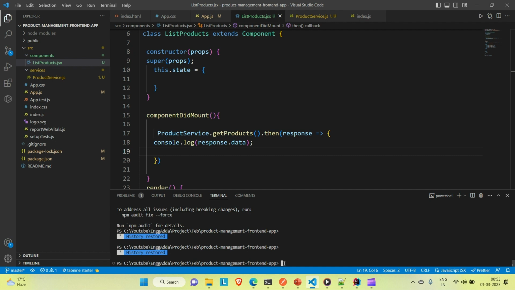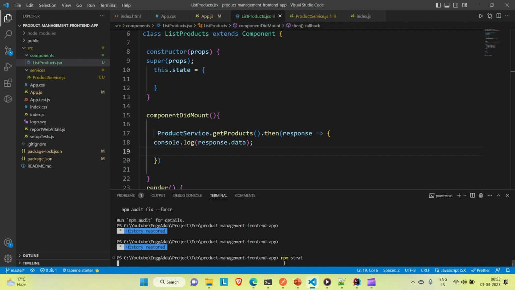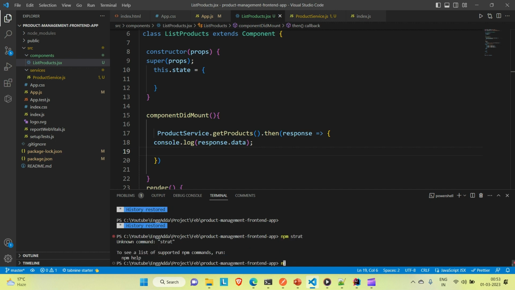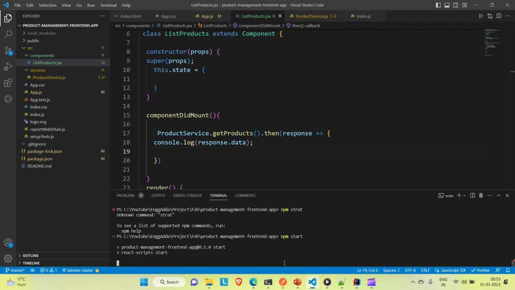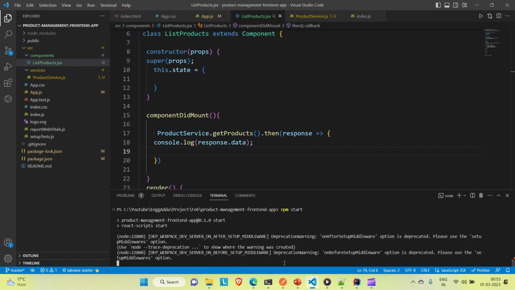So as of now we have only two records or two products in our database, so it will log those two products. So let me try to make this application up and then show you those things. Okay, it is npm start, so it will take few seconds to make our application up, and yeah,